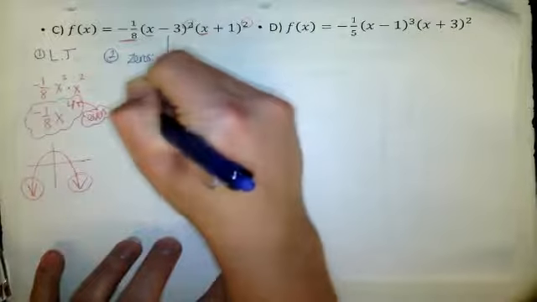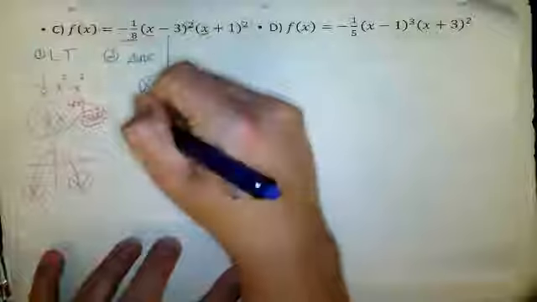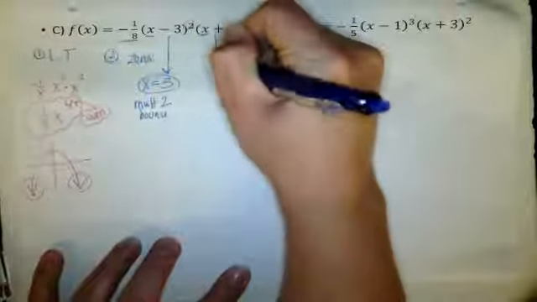X equals 3. Good. What's its multiplicity? 2. What does multiplicity 2 mean? Bounce. Very good. All right. Here we have